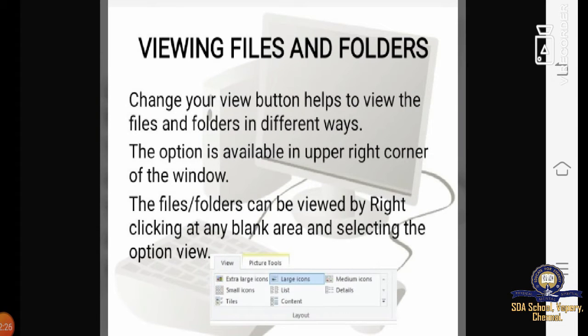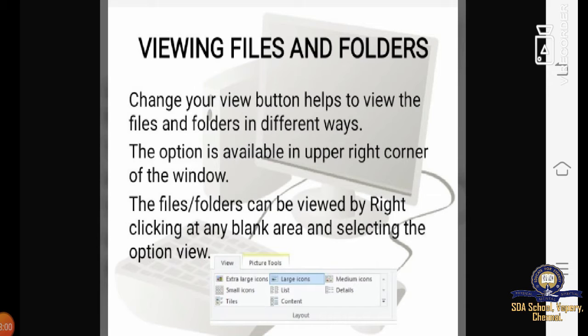First, we shall see about viewing of files and folders. The Change your view button helps to view the files and folders in different ways. The option is available in the upper right corner of the window. The files and folders can be viewed by right clicking at any blank area and selecting the option View. You can see the diagram over there.